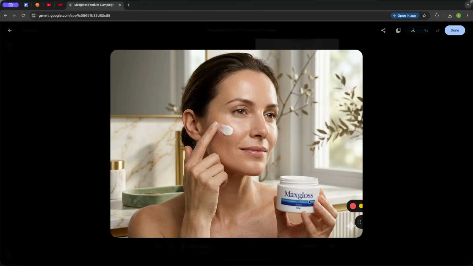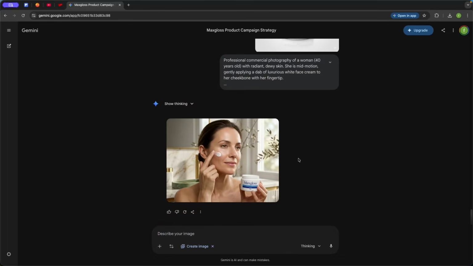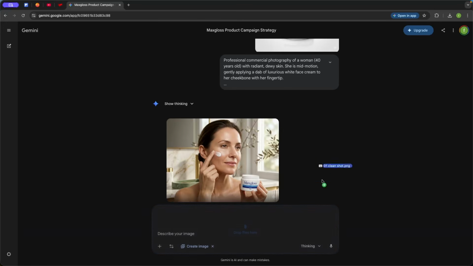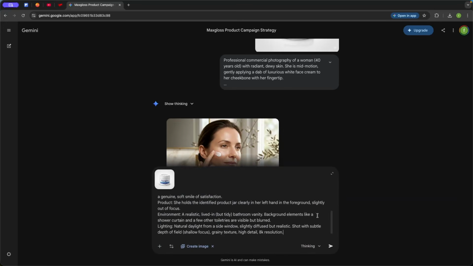This is something very common. Now, I want something a little bit more real, let's say. And it's pretty much the same process. The only thing that changes is the prompt. I'm going to drag and drop the clean shot that we've created previously, and then I'm going to paste my